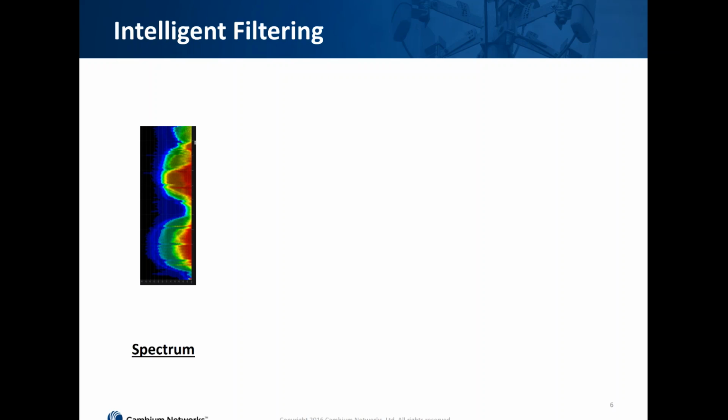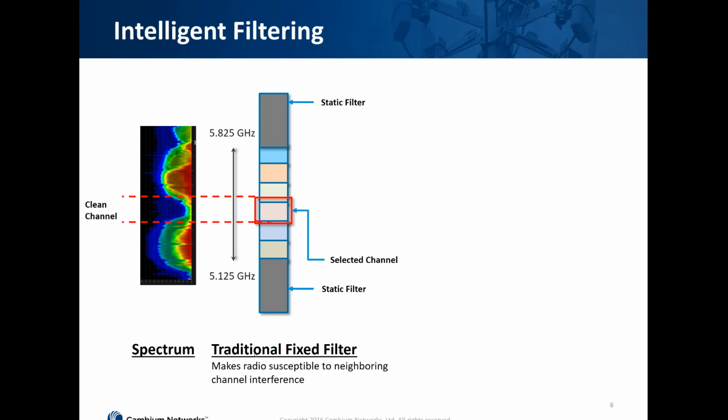We addressed the on-channel interferers, the radios using the same channel as your subscribers, in the smart beamforming side of things, and what we address in the intelligent filtering feature is more around the interferers which are on adjacent channels, which can still cause some interference on your network if you have a traditionally designed radio front end. What I mean by that is, you can see on the left here a view from a spectrum analyzer. The higher the signal level, the worse for you, because you want to pick a nice clean channel to operate in. So if we pick this channel, say this is a clean 20 megahertz channel, that's great, but